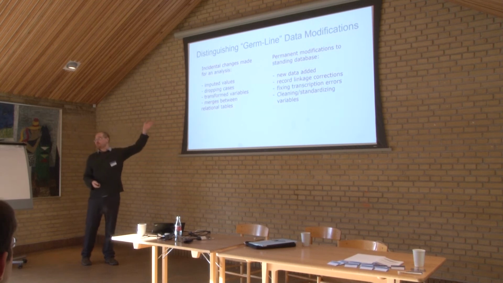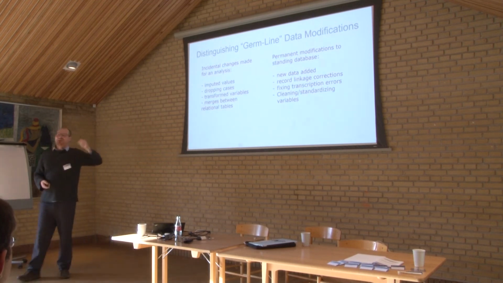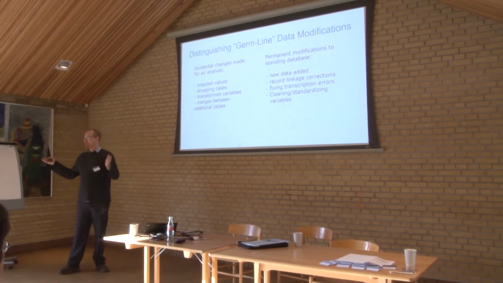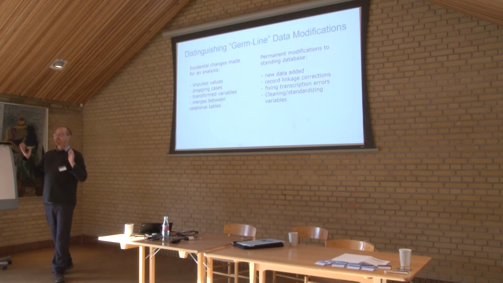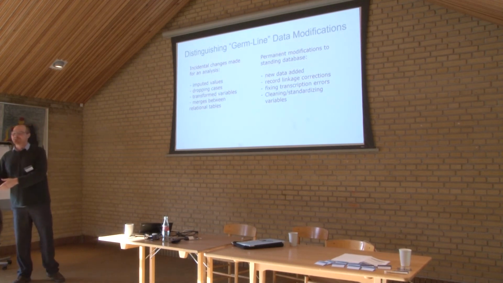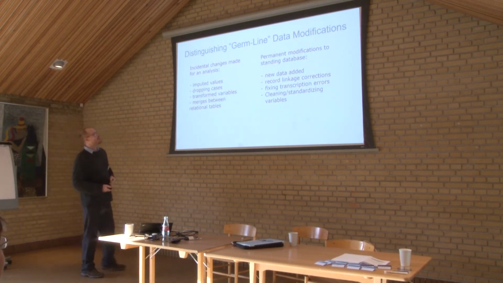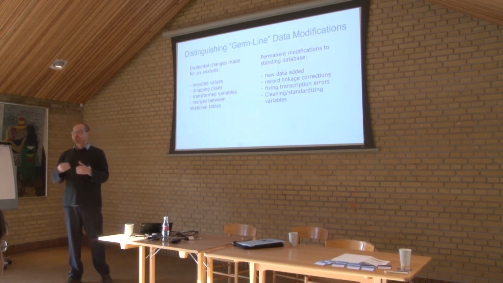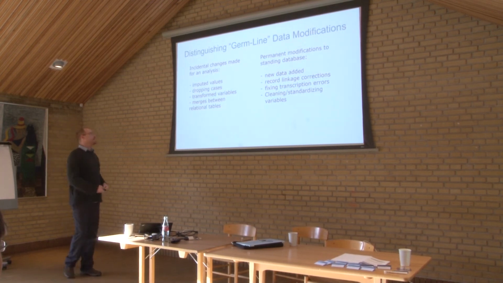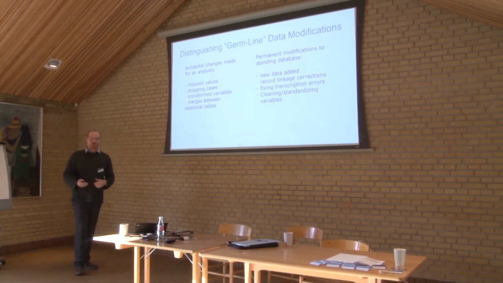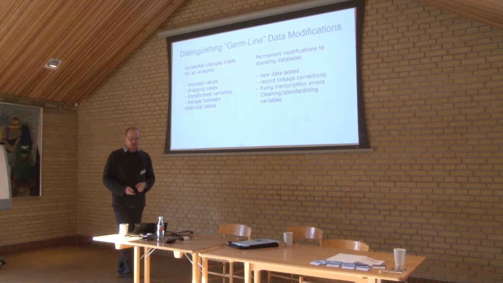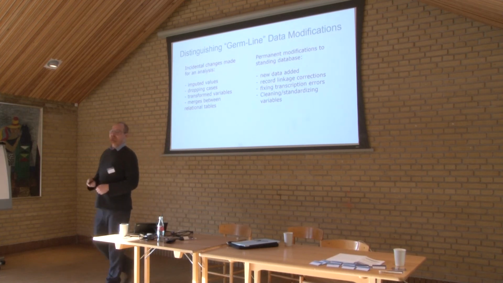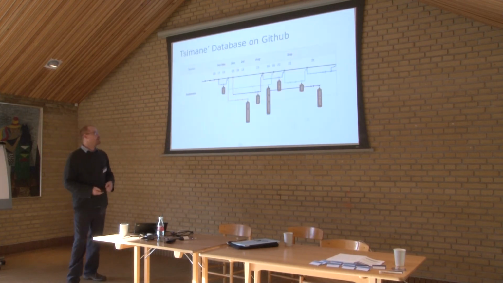Imputed values as well. Don't do this. I've seen this before. People have imputed values, filled them in like they were real data, and then left it as a persistent database. And it wasn't clear which values had been imputed and which values were collected from the original field context. So there's nothing wrong with imputation in analysis, of course, but you want to document which values are imputed and which values aren't, and allow somebody else later the freedom to be able to use that or not. But then there's other changes that are absolutely worth keeping in the database permanently.